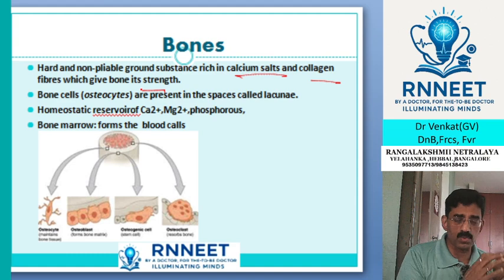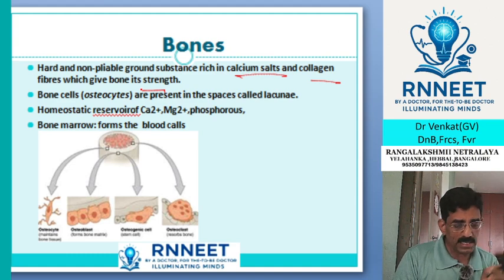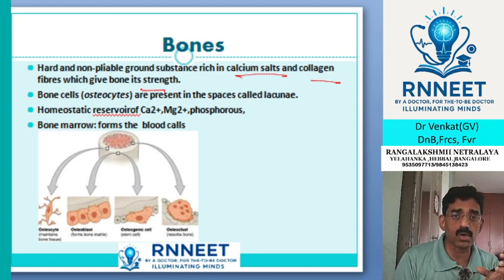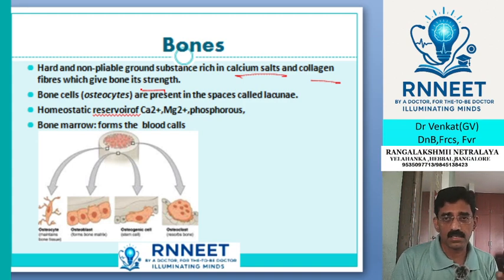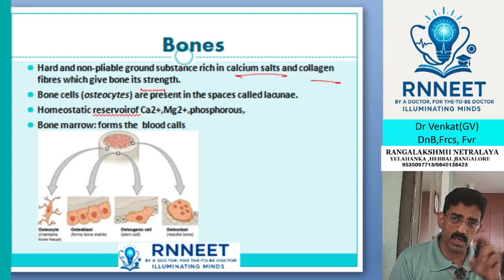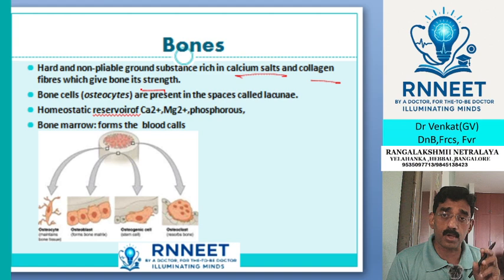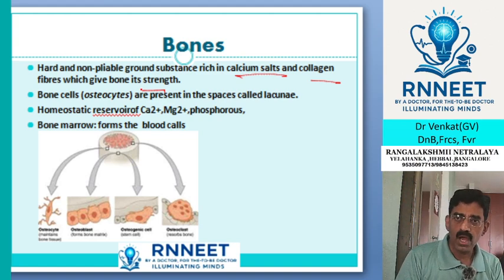The main cells which form the bones are called osteocytes. Then you have other cells which are called osteoclasts. What are osteoclasts? These osteoclasts actually remove the bone cells. They remove calcium. So you know that, for example, when parathormone is more, it basically increases the blood calcium. It makes the bones weaker because the osteoclast activity gets more. And then there are also